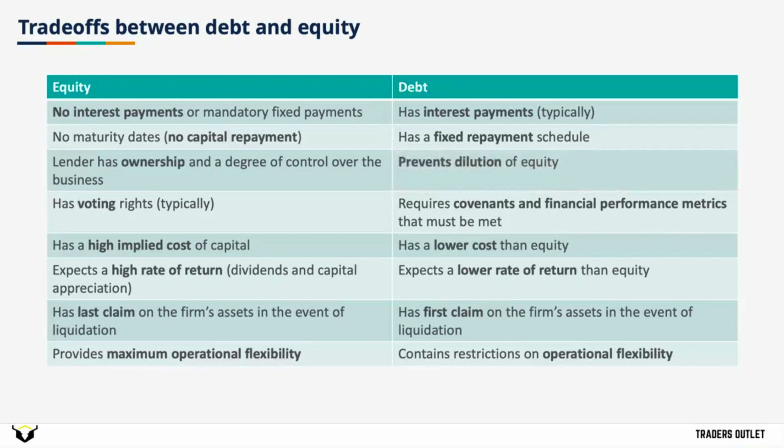It prevents dilution to equity investors. If a company needs more money and it borrows money, that saves it issuing shares, which is dilutive to the equity holders. However, the trade-off of all that is that it can push a company into default and bankruptcy and raise its cost of capital along the way. So as you can see, there are many pros and cons to both equity and debt, and it's up to the managers of a business to find the optimal balance between the two when funding their operations.